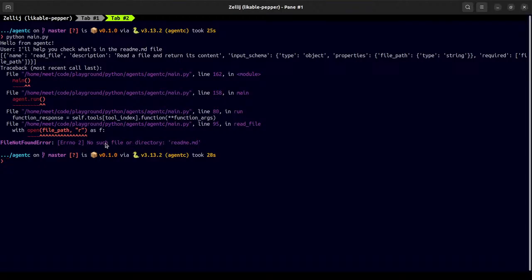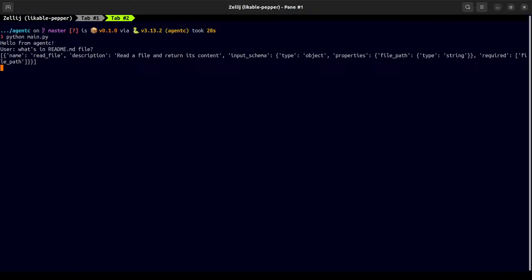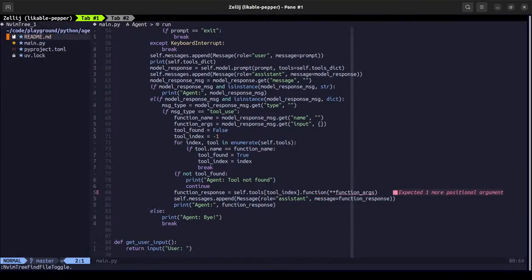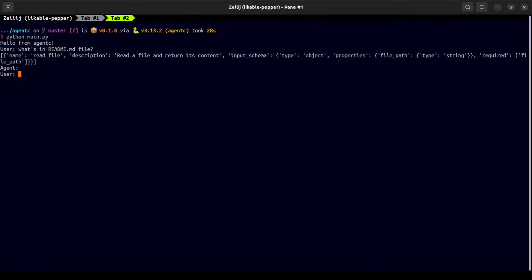Never mind. Let me try it once more. Here, what's in readme.md file? I should not be surprised if it's empty. Yeah, it is empty.